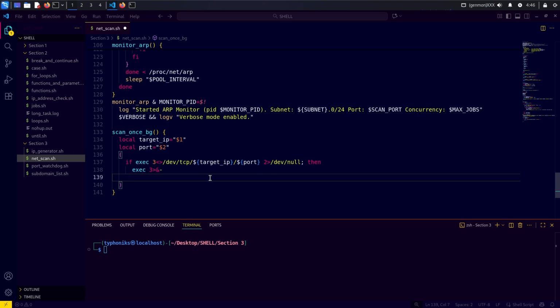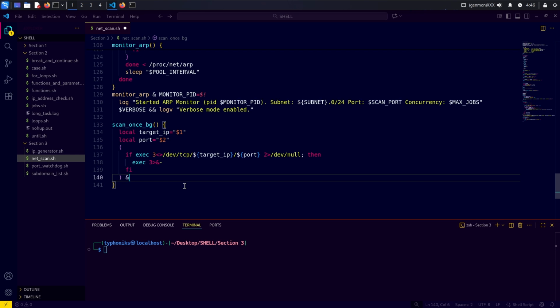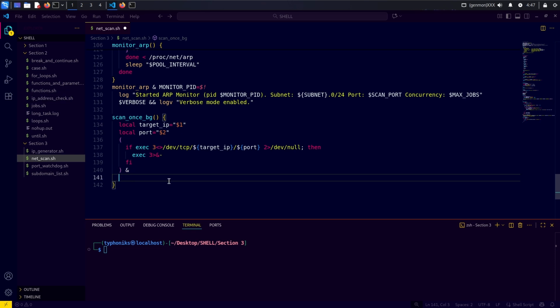And we will end the if here, and we will add this trailing ampersand character, which backgrounds the entire subshell. Now because the subshell was backgrounded, the shell will immediately continue, and after that we will basically printf the